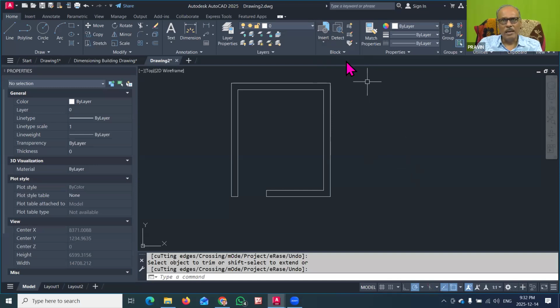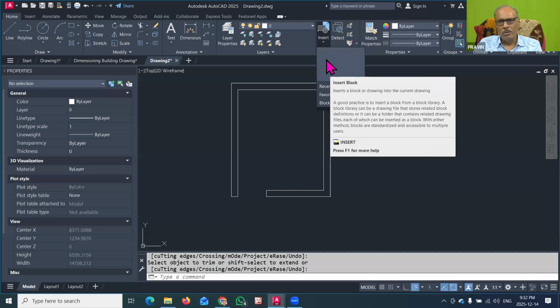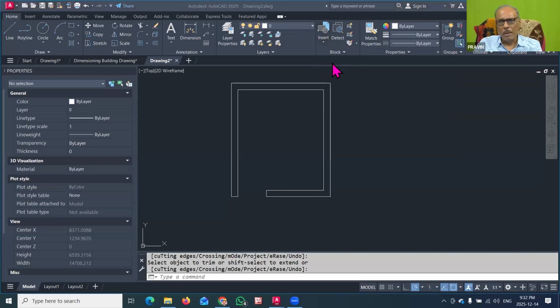What if in the new drawing I want to insert that symbol? Is there any way, or how to do that? Is anybody knowing that? If you do not know, type no in the chat box, so that we will know that secret in today's session. So how to do that? That is a very important thing. In every drawing, you have created the block, but those blocks are not very useful, because you cannot use them in another drawing. So how to do that?